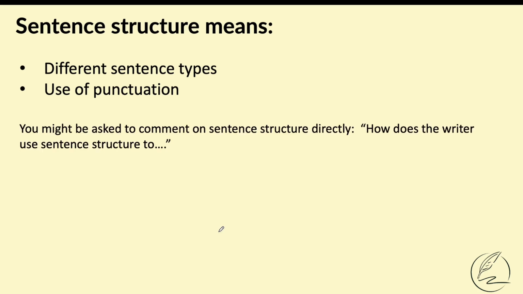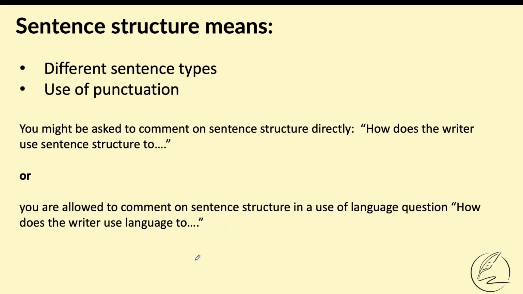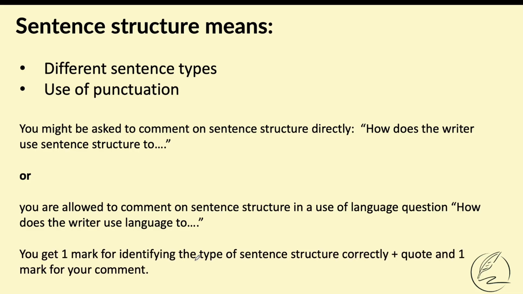You might be asked to comment on sentence structure directly in the exam. How does the writer use sentence structure to create whatever effect it is that they're asking you about? Or you are allowed to comment on sentence structure in a use of language question. So you could comment on word choice, imagery, or different types of sentence structure. You get 1 mark for identifying the type of sentence structure correctly, plus quoting it, and 1 mark